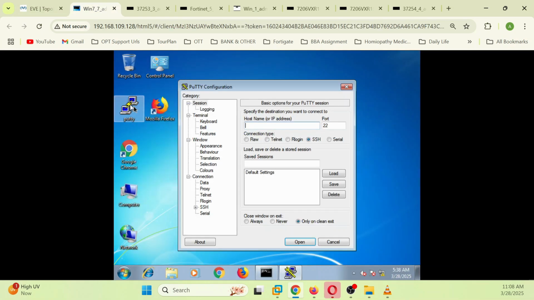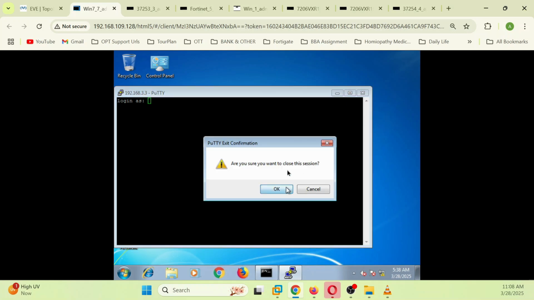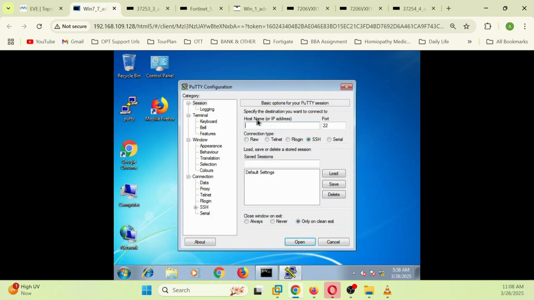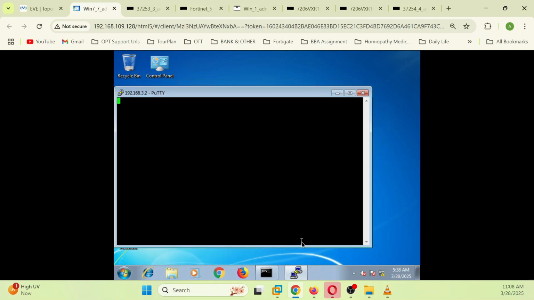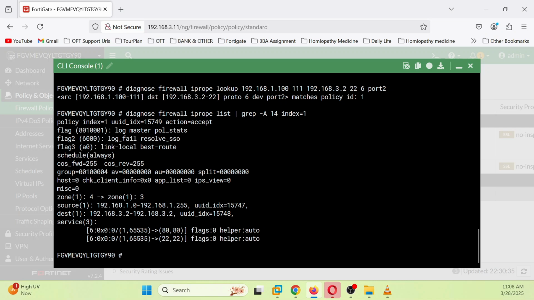So let me open first 192.168.3.3. This is router 2, and you can see that there is a prompt. But if I try 192.168.2.2, this is router one, sorry, 3.2. What happened? No prompt is coming, but you can see the session is generated, and you can say that